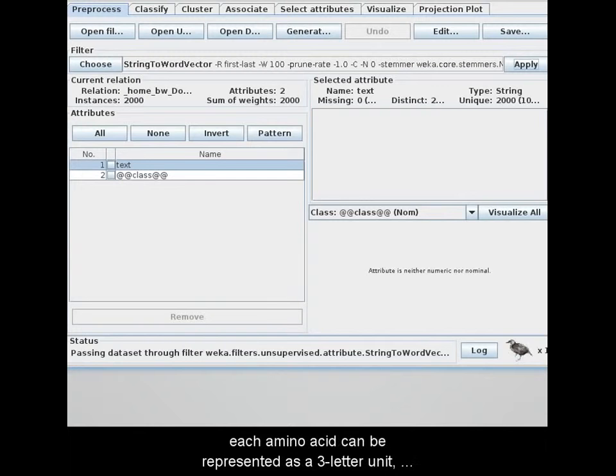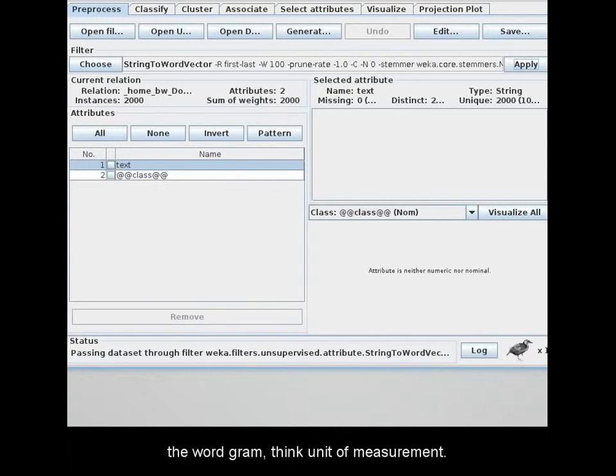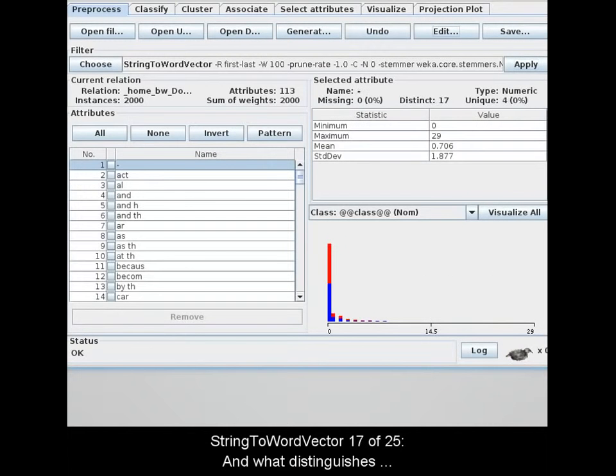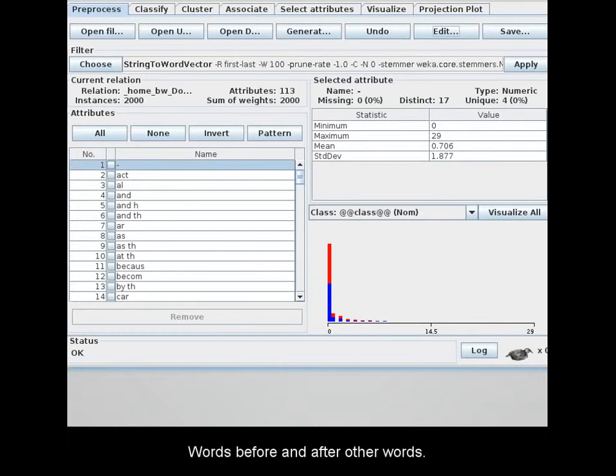With proteomic text data, each amino acid can be represented as a 3-letter unit. GLU could be a unit, LYS could be a unit, TRP could be a unit. When you hear the word token, think unit of measurement. When you see the word gram, think unit of measurement. And what distinguishes unigrams from bigrams from trigrams is proximity. Words before and after other words. Letters before and after other letters. Context. N-gram tokenizer in Weka by default tries to find predictive single word units,